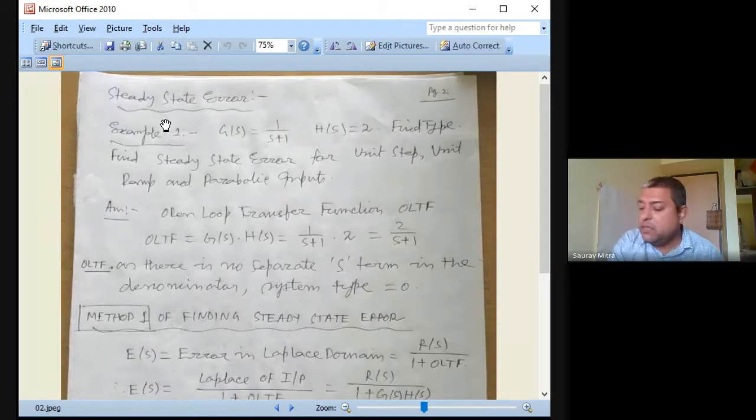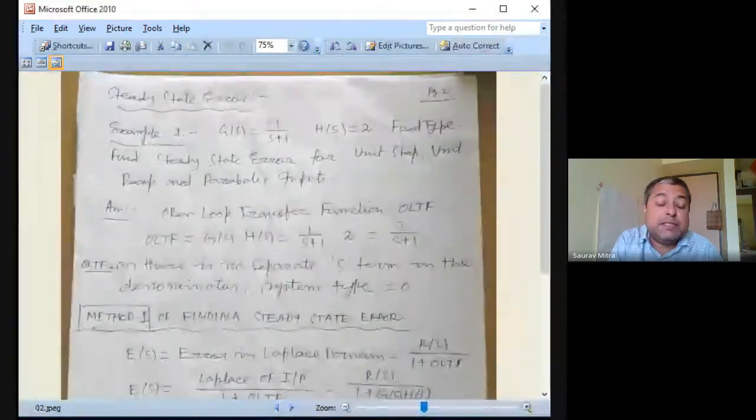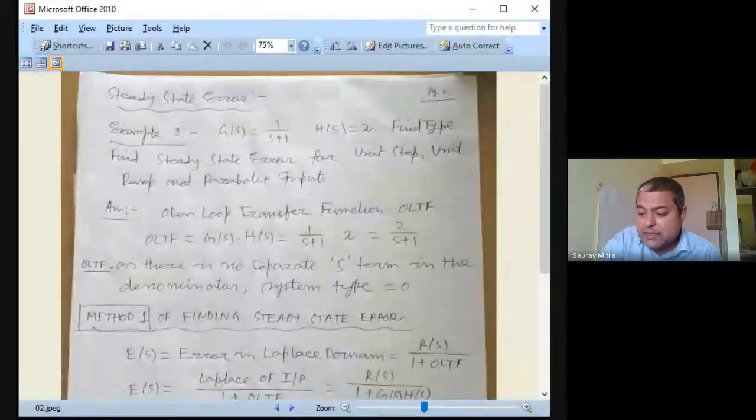The same thing you can define. Don't take 2 divided by s plus 1, and in the numerator better you don't take 2. Numerator G you define properly, but H you take as 1 only. Why, that I will show you when I explain tomorrow the third method of finding ESS. I have shown you so far 2 methods of finding ESS. The third method I have not shown, so there is some practical difficulty.